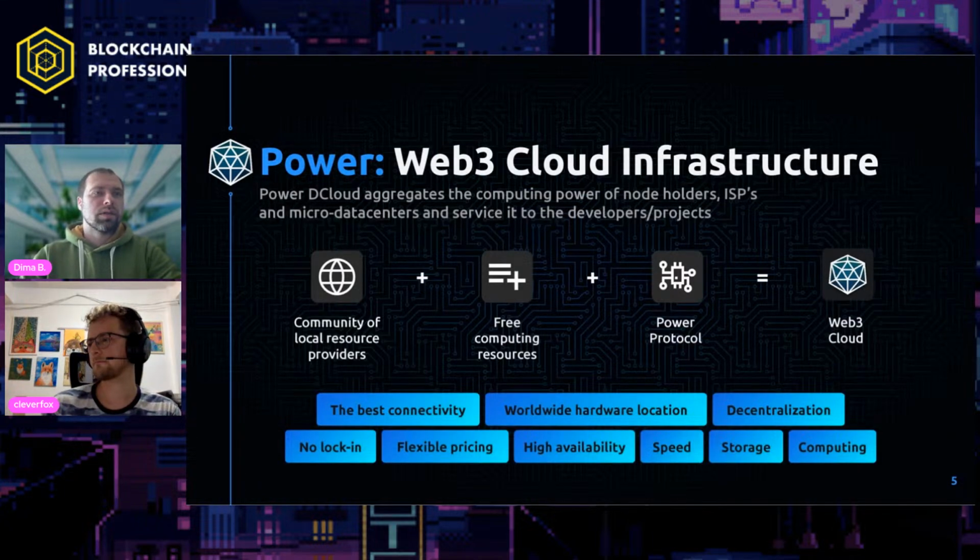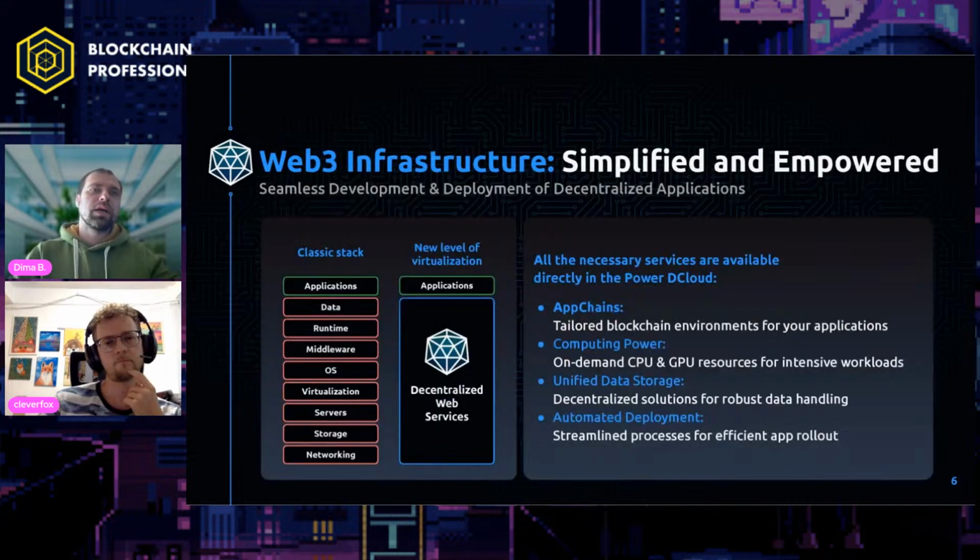And we aggregate compute power from our community. We have several tiers: community tier and enterprise tier, where we're working with micro data centers, and you can find pretty good quality of resources. In total, we are trying to simplify the current stack, because at the current market stage it's too complicated, and tools like CLI and other tooling help to simplify